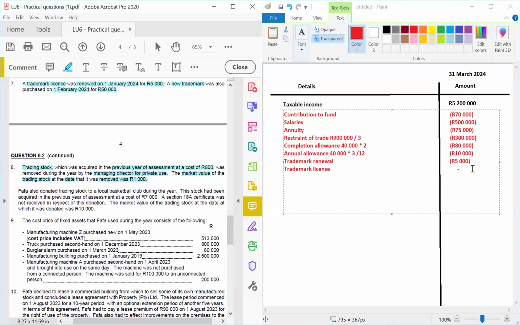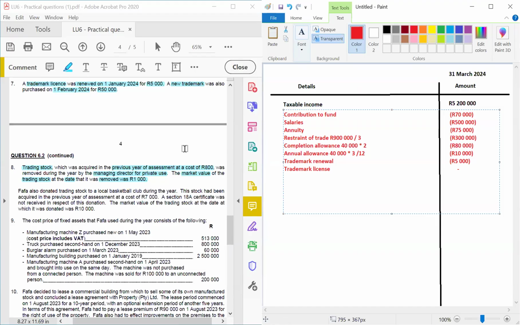So now this is trading stock, right? What they love with trading stock is mainly the opening and closing stock, not really this one, but they also love donations, right? So this is where we have to apply ourselves, right? So we have to intensely apply ourselves.